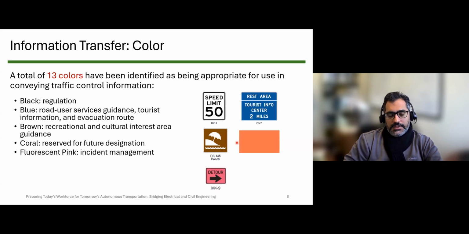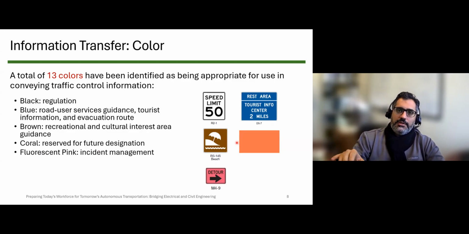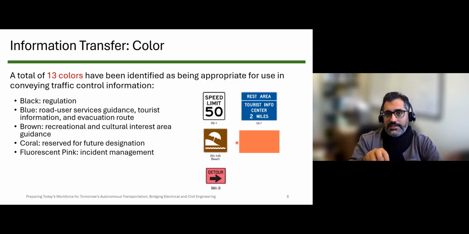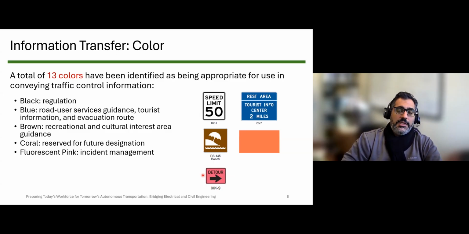We have fluorescent pink that shows incident management. Imagine there is a crash on a major highway and the highway is completely blocked. And now we have to divert the traffic to some local streets. So we have to show them a detour. And it's going to be temporary and it's going to be due to an incident that is happening on the roadway. Then the sign will use a pink color, as you can see here. So remember that it is temporary and it is going to be because of an incident that has happened on